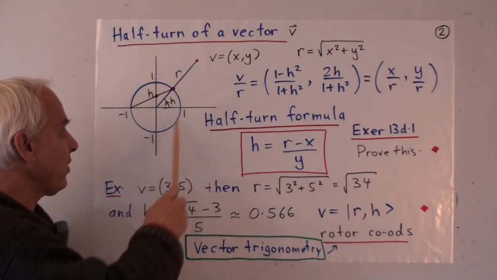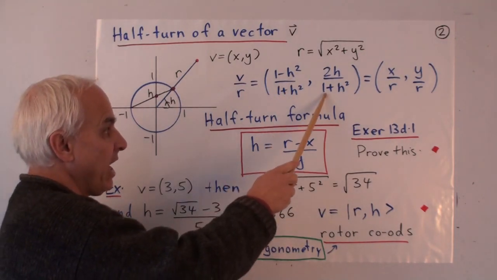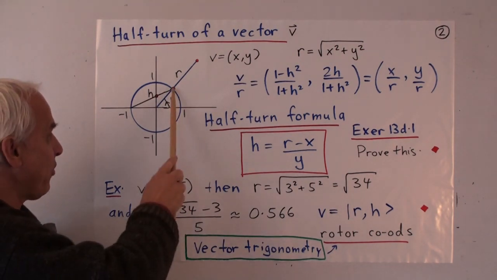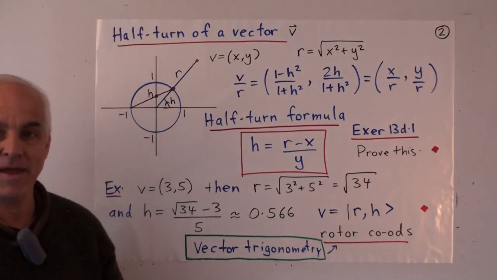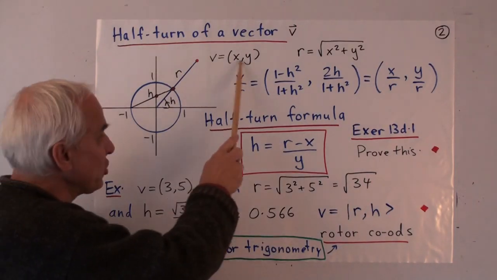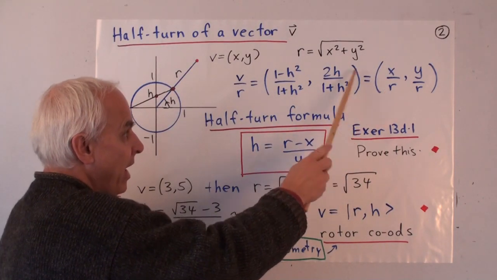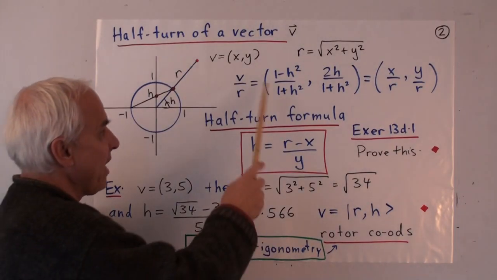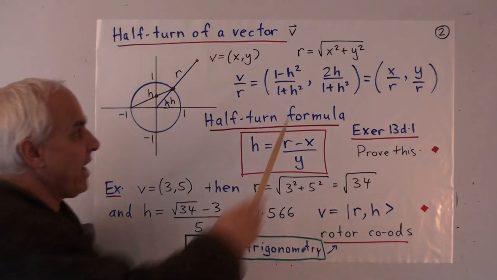And we know that unit vector can be expressed rationally using some number h and the standard rational form for a point on the unit circle. So there's a point on the unit circle, the renormalized vector, and therefore we know that there must be a half-turn parameter associated to it called h. In terms of the original coordinates, this x-coordinate will be x over r, and the y-coordinate will be y over r. So giving a relationship between the half-turn h and the x and y coordinates and the length of the vector r.